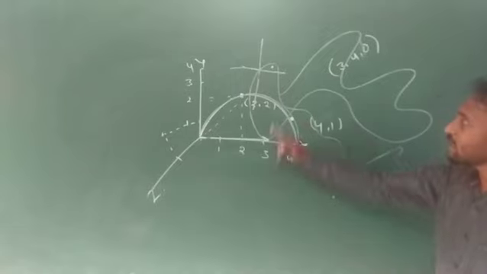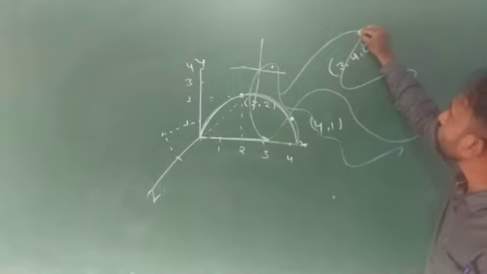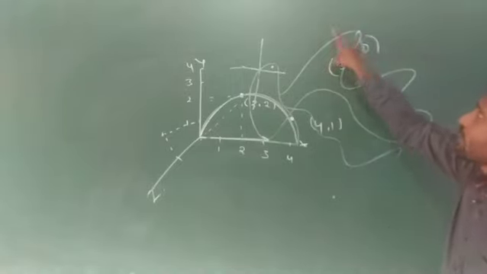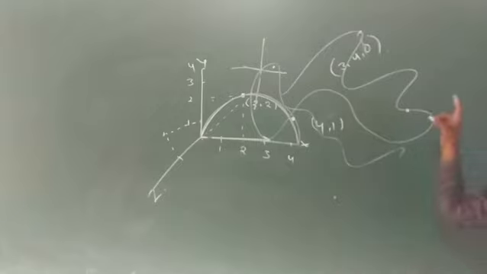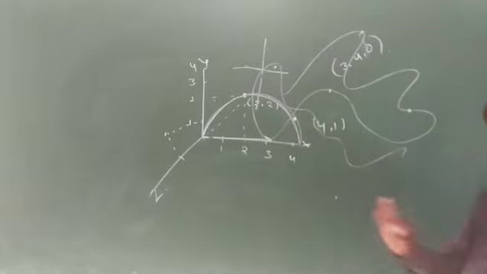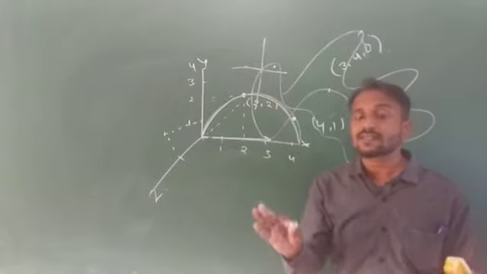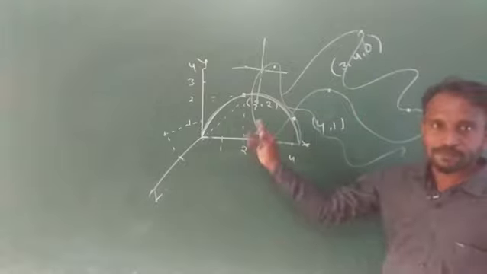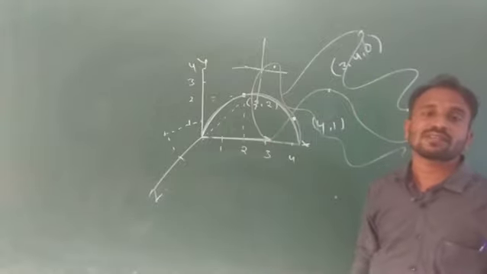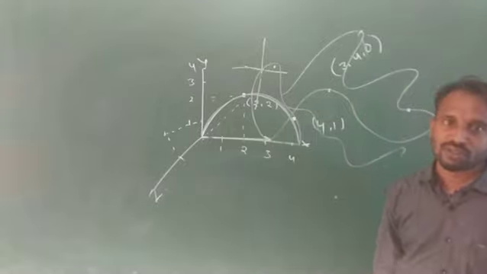Yes, only a single plane. Suppose we want to find this position, it means we require the y coordinate and the x coordinate, and suppose we want to find this position, we want the x coordinate and the y coordinate. Suppose this position, x coordinate and y coordinate, we don't need any z axis coordinate. Why? Because it is present in a single plane. For this reason we consider this a two-dimensional motion.